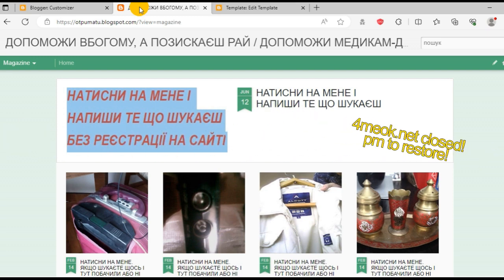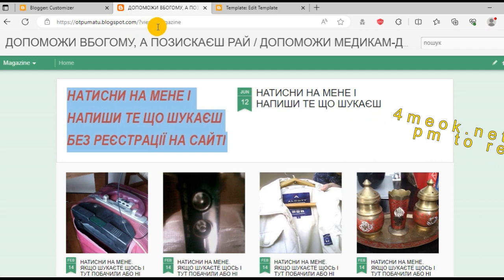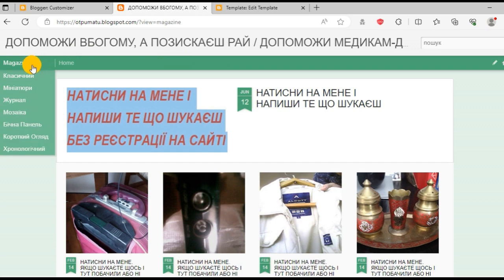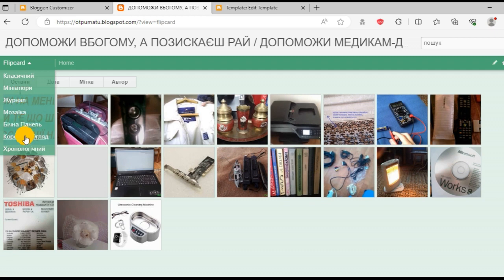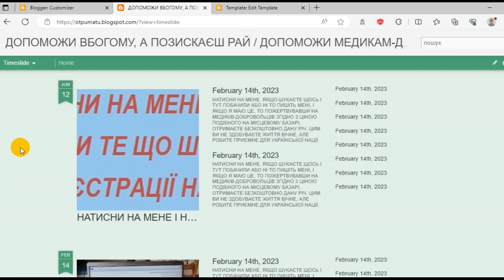So, in order to change the default look of a simple website like Blogspot.com, which has Blogger, an official company of Google Incorporated. So if you want your website to open by default in a style, not classical or journal or chronological, whatever your theme is by default, in order to do that,